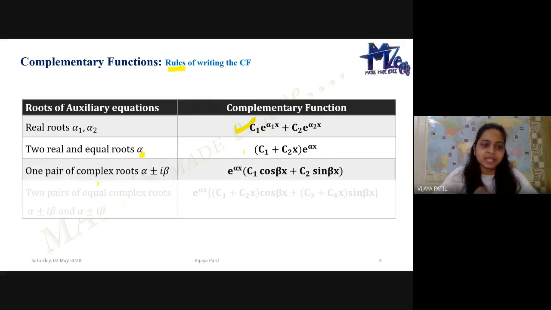If one pair of complex roots is present, you know that if a solution of the particular equation is x plus iy, then x minus iy is also a root of it. That means the complex number and its conjugate will always come together. If the root is x plus iy, x minus iy will also be a root of this equation and vice versa. So we always take the pair of complex numbers. It will not come as just alpha plus i beta or just alpha minus i beta; whenever it comes as a root, it comes together. The complementary function is e to the power alpha x, c1 cos of beta x plus c2 sine of beta x.